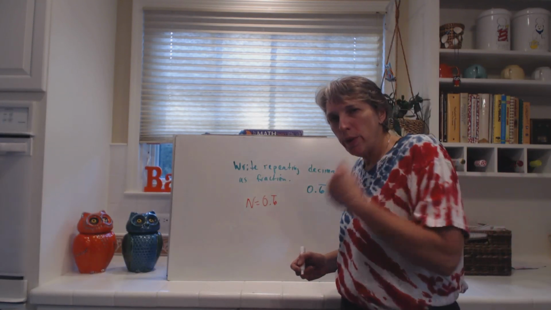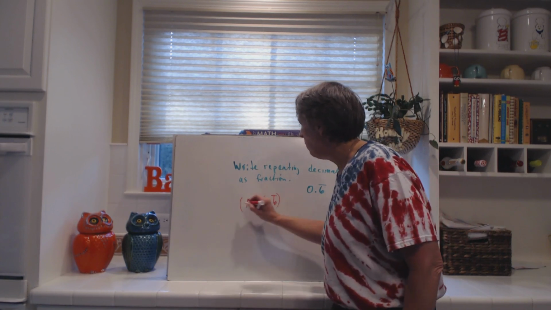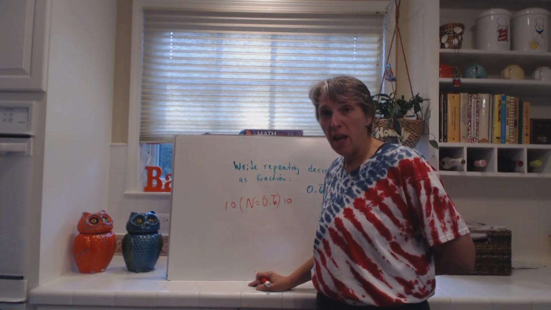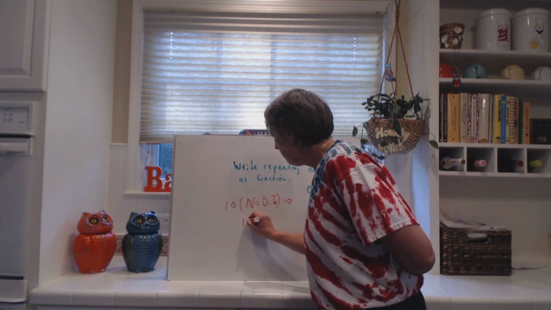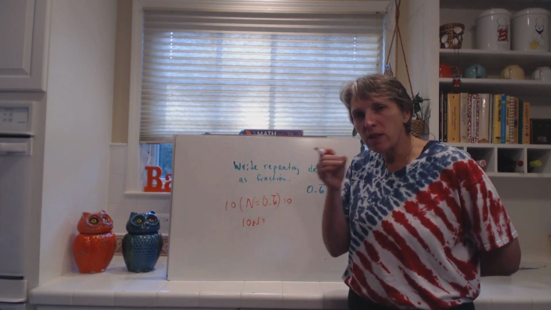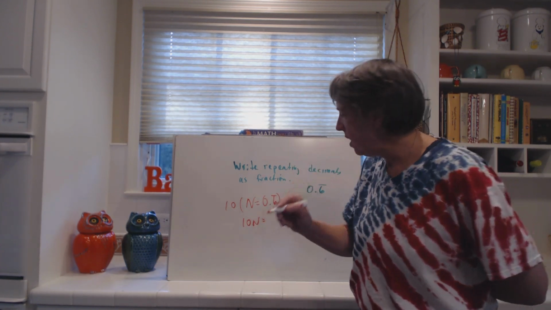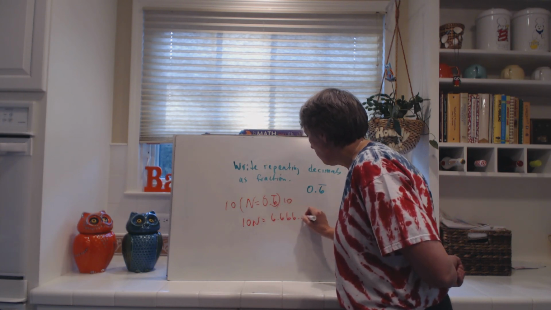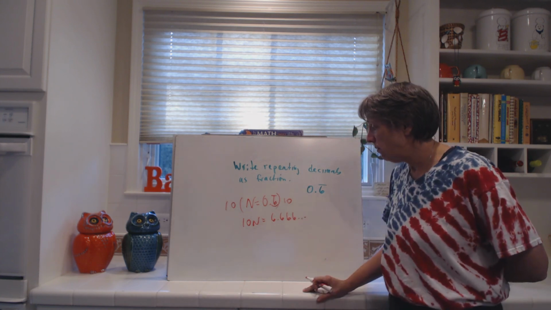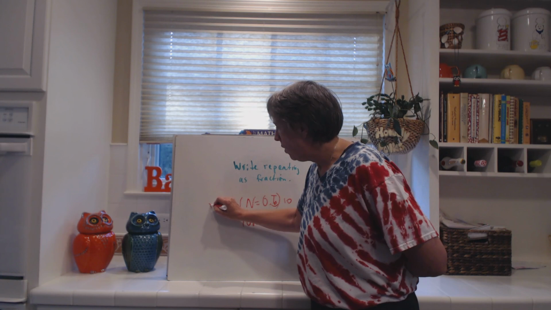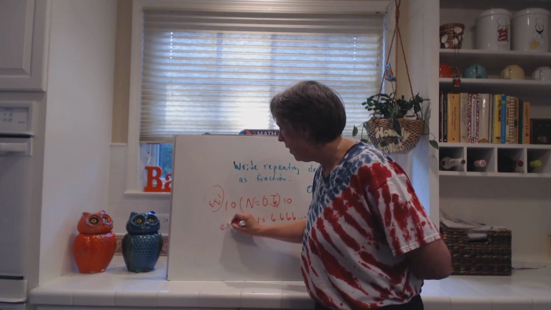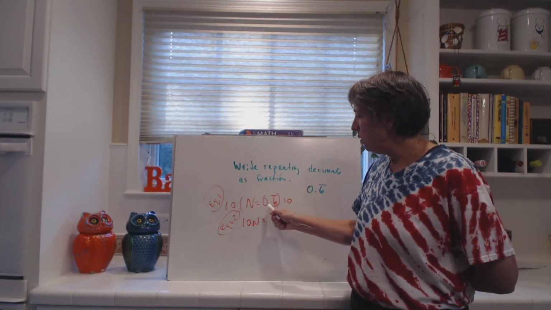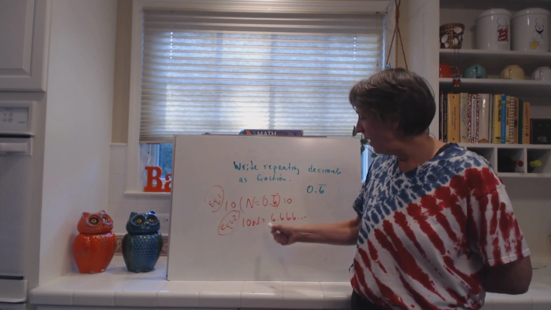Whatever we do to one side of the equation, we have to do to the other side. So we're going to multiply both sides by 10. Look how I'm doing it. Parentheses. So 10 times n becomes 10n. And then 0.6 repeating times 10 moves the decimal place one place, so you're going to get 6.666, and we're going to put an ellipsis here to show that it goes on forever. This is equation 1. This is equation 2. We've just created two equations: n equals 0.6 repeating, and 10n equals 6.6